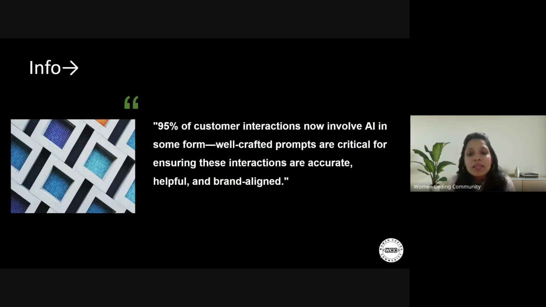These are some of the techniques you should think of when you are crafting these prompts. Brand is such a big thing, with all the social media coming into the picture. Every brand is taking key steps to ensure that whatever we put in front of customers is accurate and aligns with their brand policies and rules.